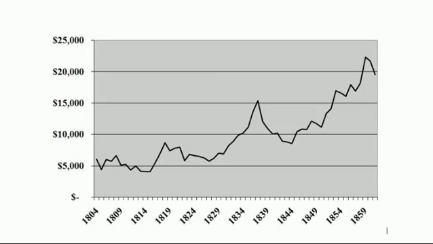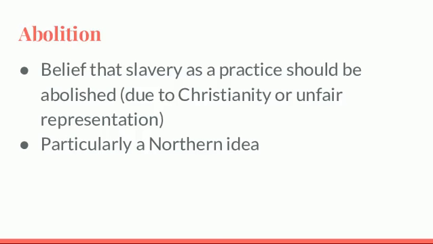So when you take a slave owner who's moving into the West and say you have to have all your slaves taken away, that's millions of dollars of property that they're concerned about now. Another reason is abolition. If you will go ahead and highlight abolition, really this should be like a quadruple star term, but the reality is you're going to know it anyway, so you don't have to necessarily star it. Abolition is the idea that slavery should be abolished.